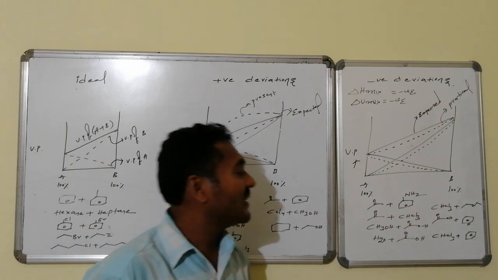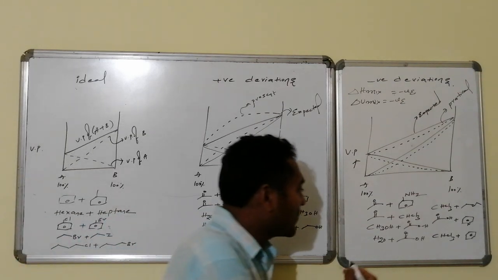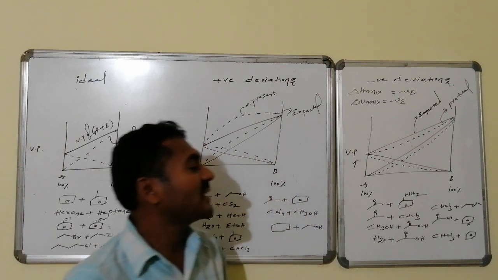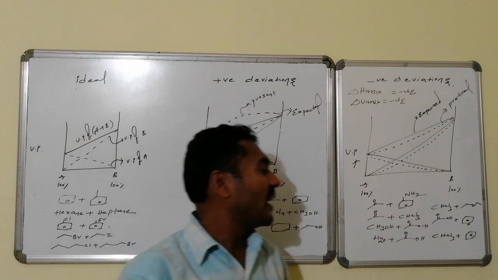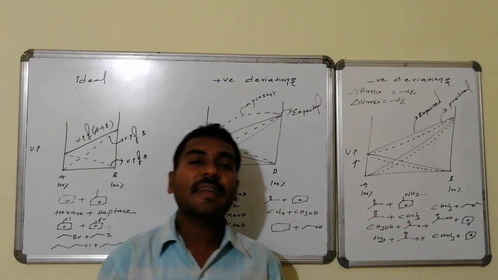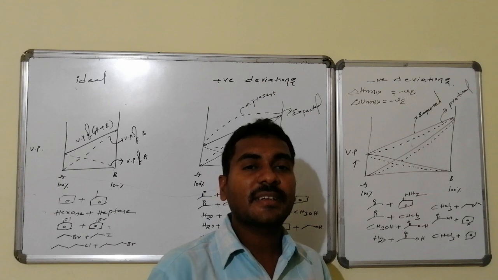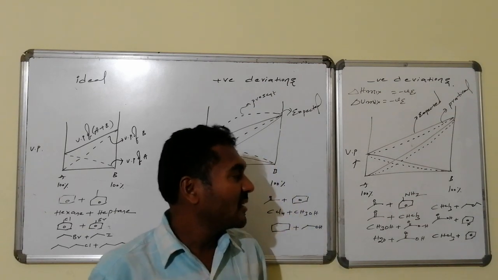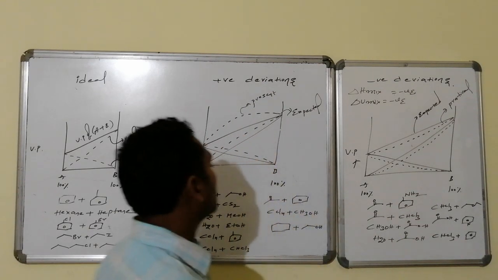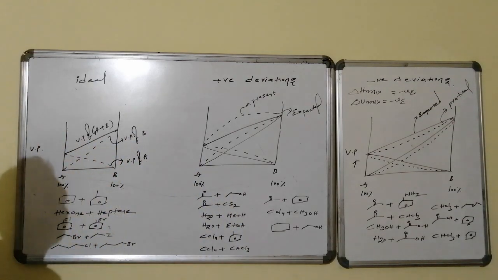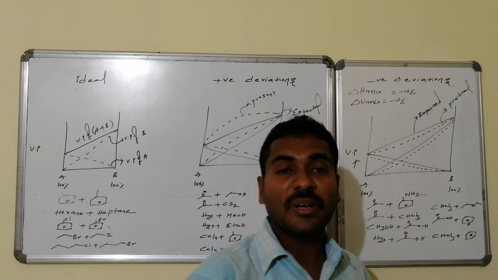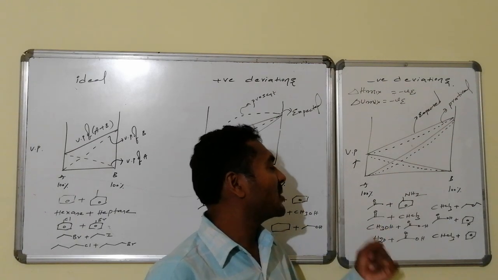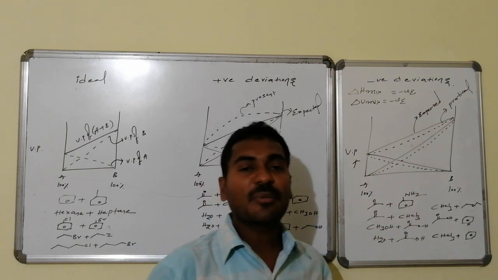Acetone with aniline, acetone with chloroform, methanol with acetic acid, water with acetic acid, chloroform with diethyl ether, acetic acid with pyridine, and chloroform with benzene. These are all examples of non-ideal solutions with negative deviation. Both negative and positive deviations form azeotropes. Whereas on fractional distillation of ideal solutions, we get pure component A followed by pure component B, in this case azeotrope is formed. In this case also, azeotrope formation occurs.